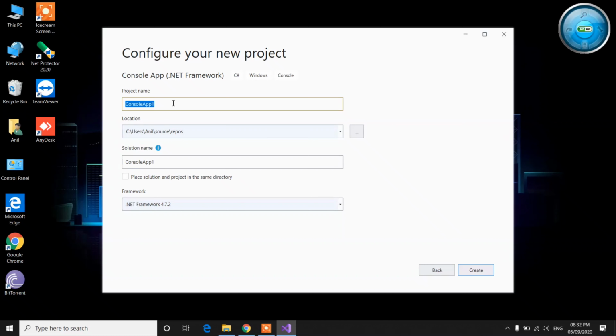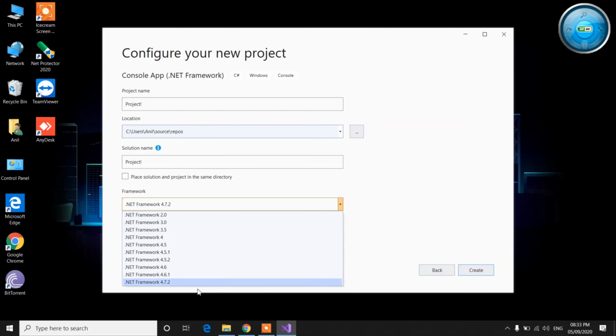Now here is the project name. So I am giving Project 1. You can choose the location where you want to store it. Now here is the framework. The latest framework is 4.7.2. You can use that, or you can change it, it depends on you.